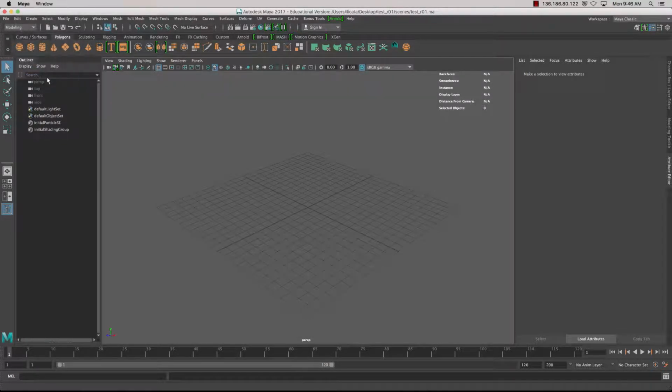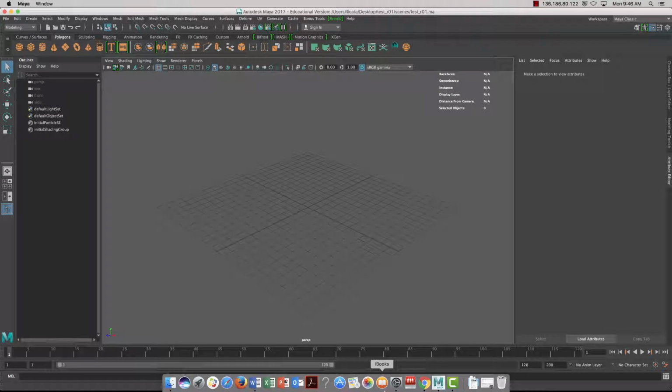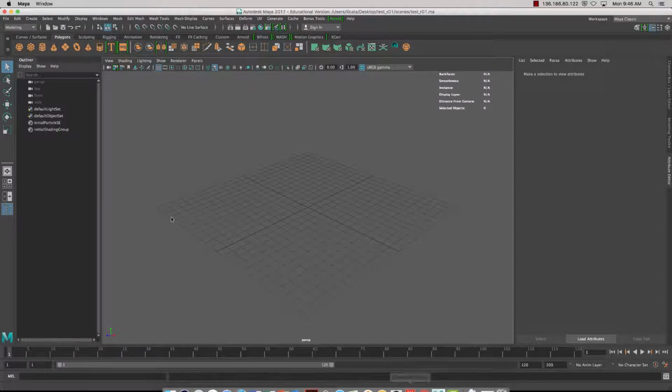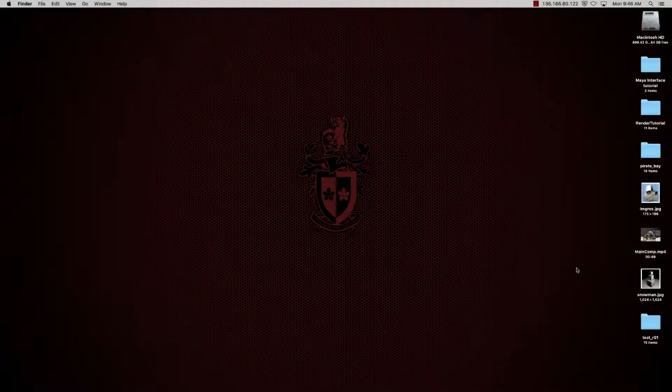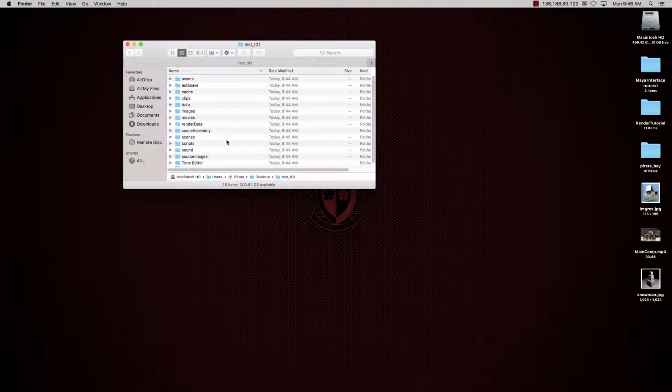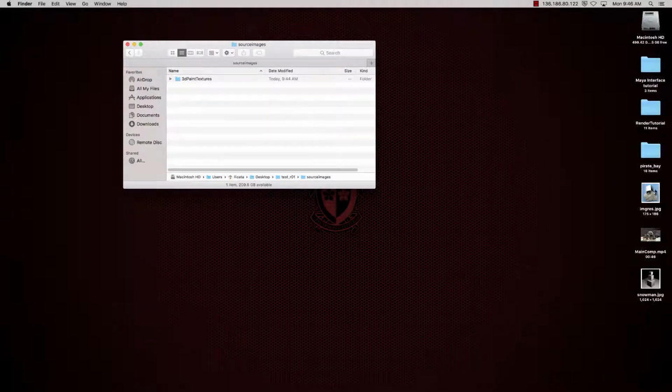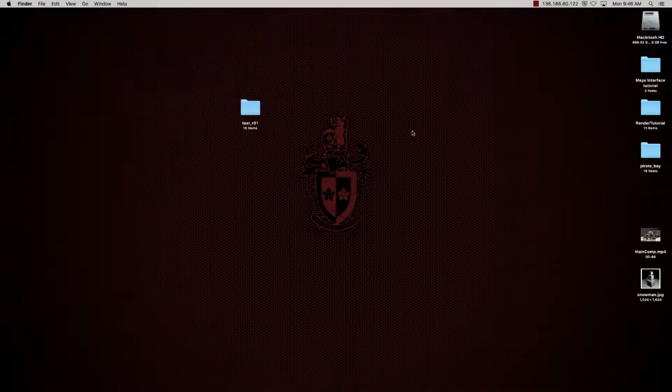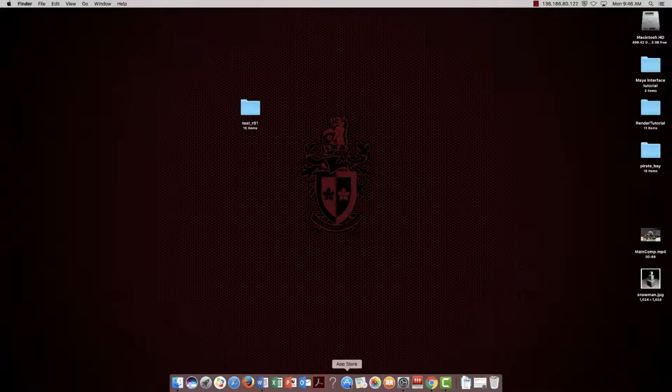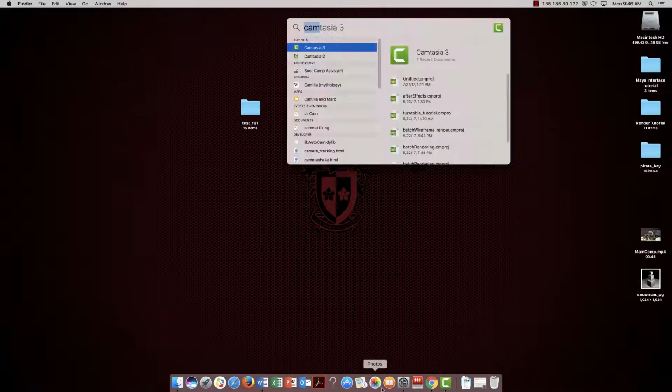When you move from one computer to another, or you start working on different projects, it's really important that you set the project first. So to demonstrate this, I've got my folder here, I've got my source images, and I'll just put an image inside the source images like so. Now, if I go into Maya now